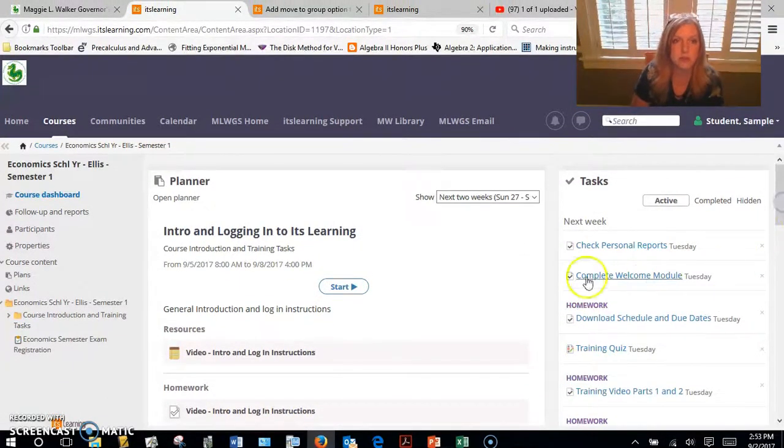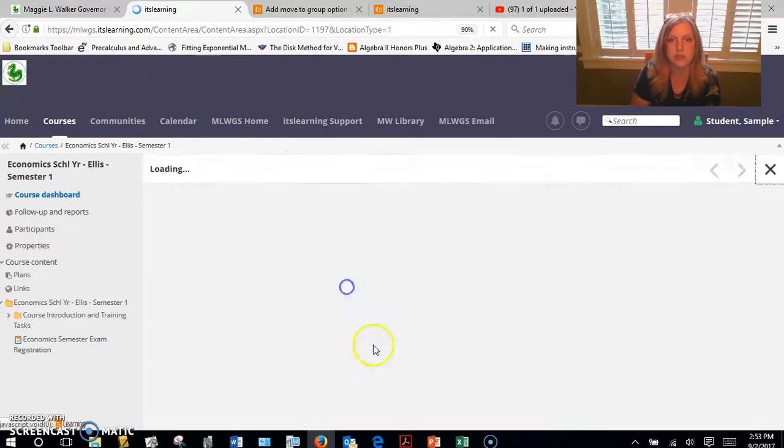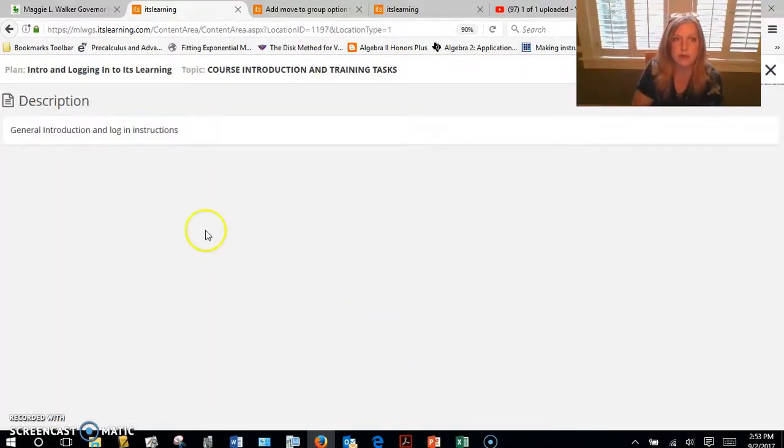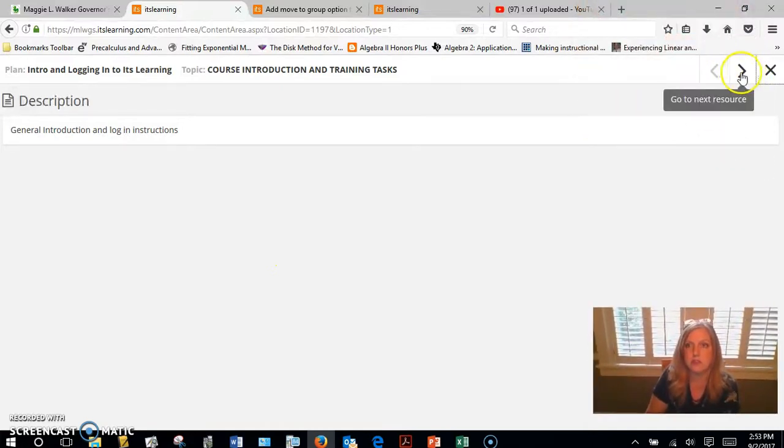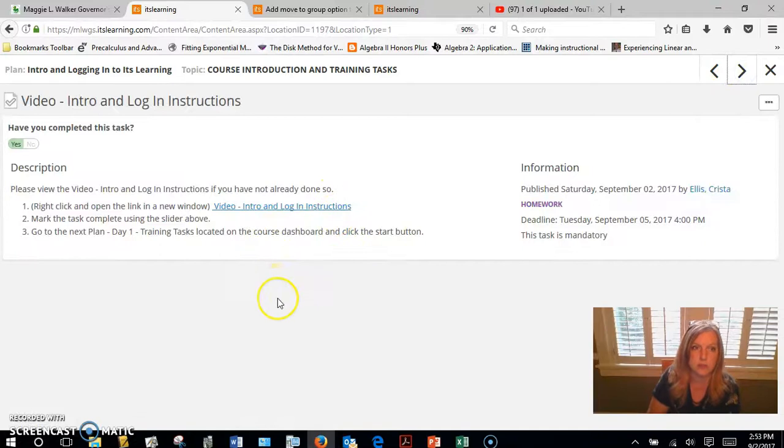So what you're going to do is come into here, and if you have not done so yet, you would, of course, have done the intro to logging in to It's Learning. Now, when you click on that, it'll bring up some information about it, and then you can go next, and it'll give you what you're supposed to do. Now, we've already done this because you've already logged in, but you do need to watch this video if you have not watched it. So you would watch this video, and notice it says right click and open the link